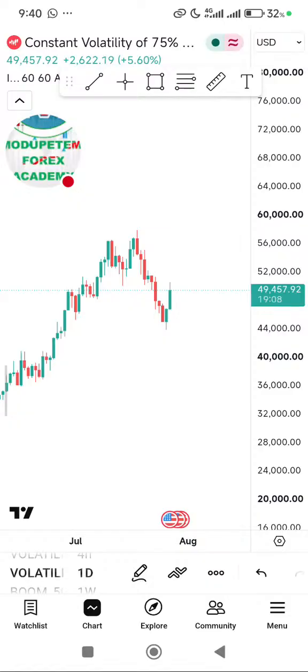For the 20 days backward, that means on the daily time frame, you count 20 candles backward. If you are counting 20 candles backward, that means you are looking at your monthly time frame. You are looking at your monthly time frame institutional price action. You are looking at the micro structure on the monthly level.